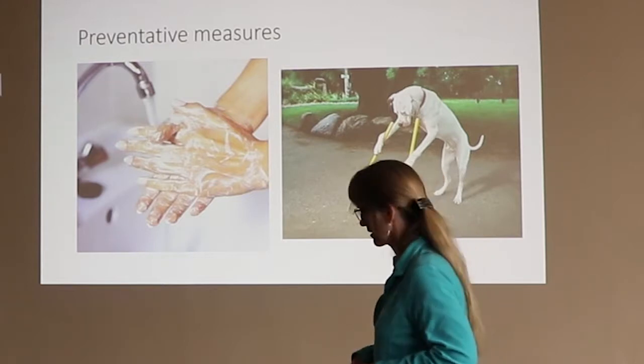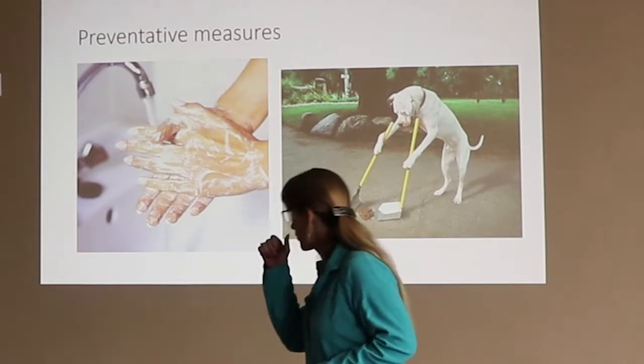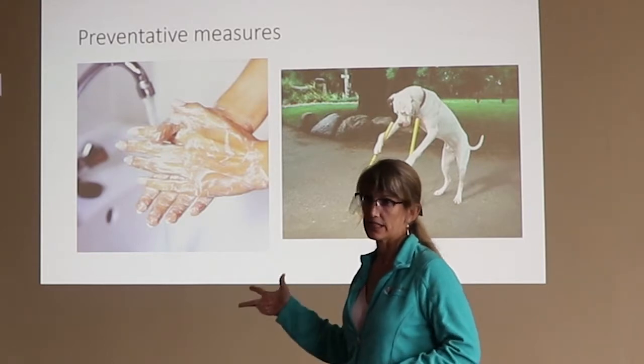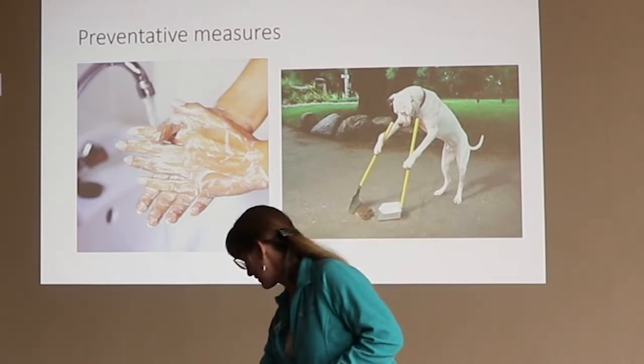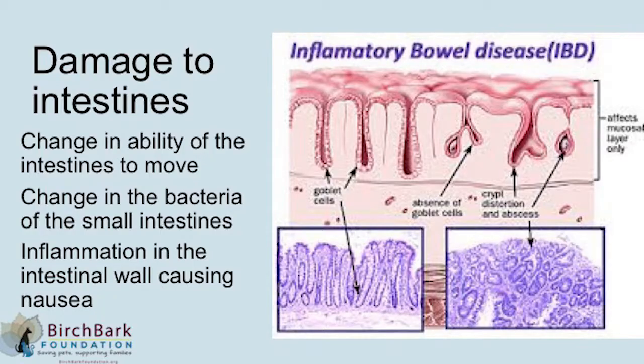Certain questions are welcome, but what's the other thing that can happen to the intestines? And we'll go a little bit into those 3 things: that motility, intestinal balance, and basically the health of the tissue itself that let a dog stay comfortable and not run into problems. So inflammatory bowel disease, which is this kind of big umbrella term for a whole bunch of different types of inflammation that can happen in the intestines, is one of the things that we see that can cause problems in dogs and cats. So it's basically damage to the intestines,